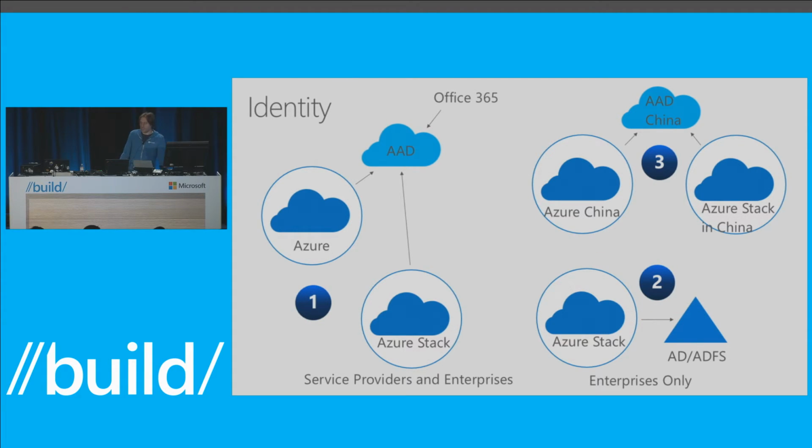Identity. So we have basically 3 ways that the identity works with these systems. First is Azure Active Directory, and this is the same one that your customer would use if you're an Office 365 user, right? Onboarded with Office 365. I had some statistics. I think it's like 5 million organizations are actually onboarded with AAD. So you can gain quite a bit of ability to interact with people by just connecting your system to AAD.